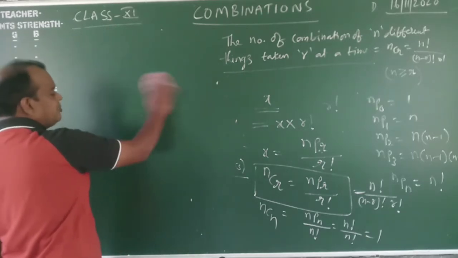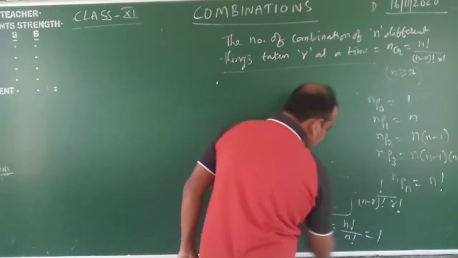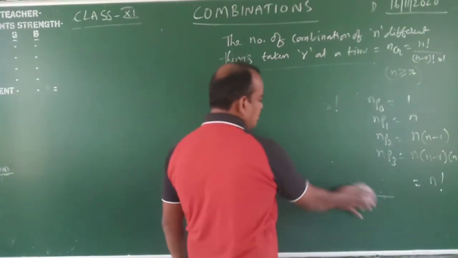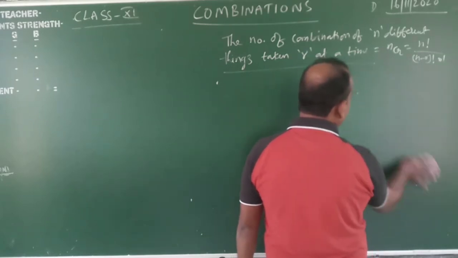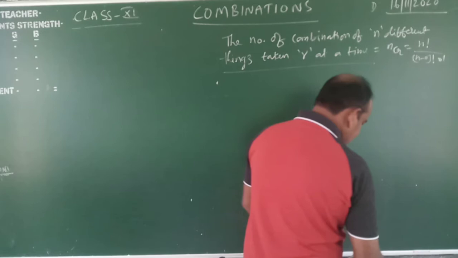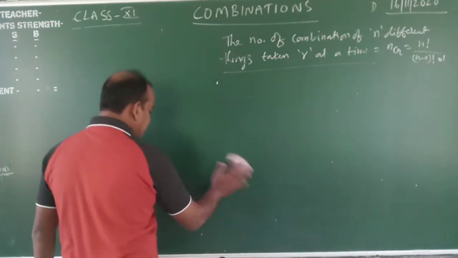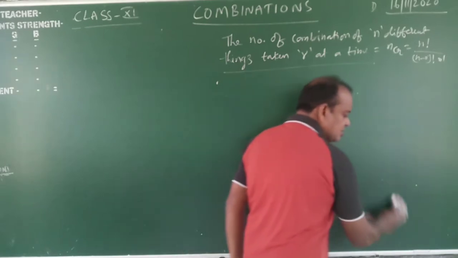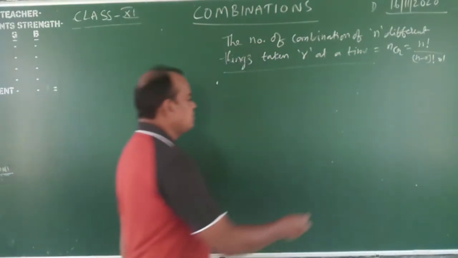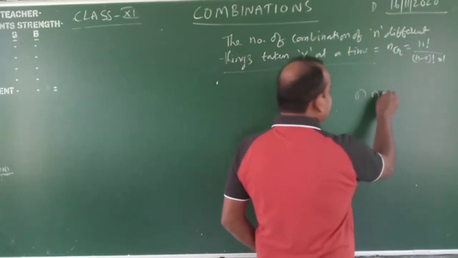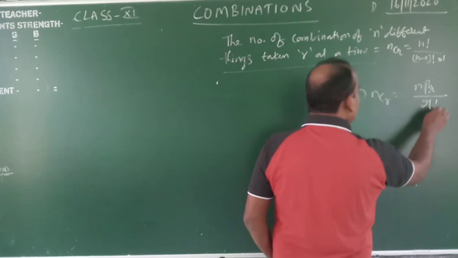Next, observe, my dear students, another most important topic: some properties. I hope you understood. nC0, relations, the nPr and nCr formula. Now, what is the relation between nPr and nCr? nCr is equal to nPr by r factorial. This is the formula: nCr is equal to nPr by r factorial.